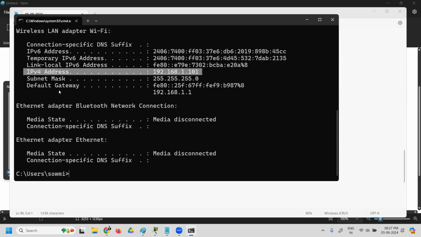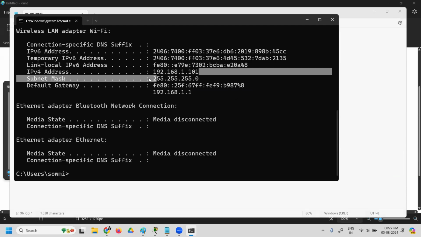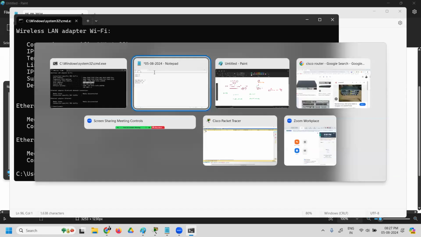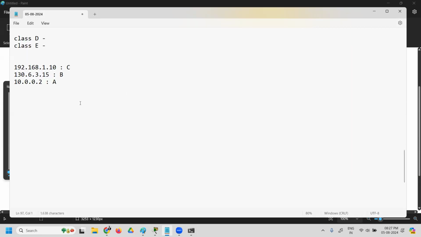So who will use which class of IP? Now, here in our command prompt, we have got an IP from class C. How did we get an IP from class C? Why did we get an IP from class C? To answer all this, there is a topic called subnet mask. They introduced this concept called subnet mask, where the subnet mask defines the network and host portion for each class.